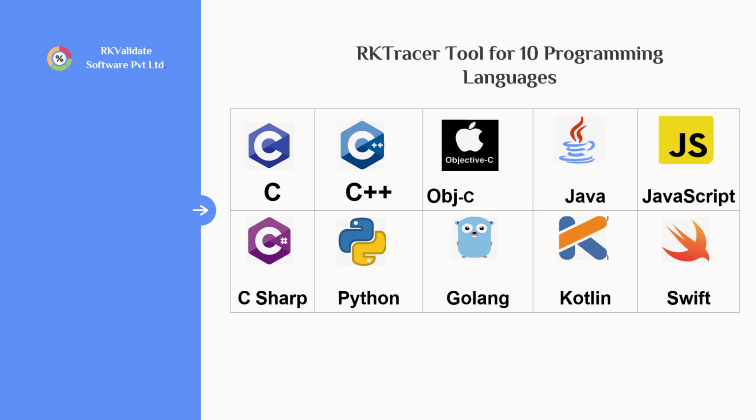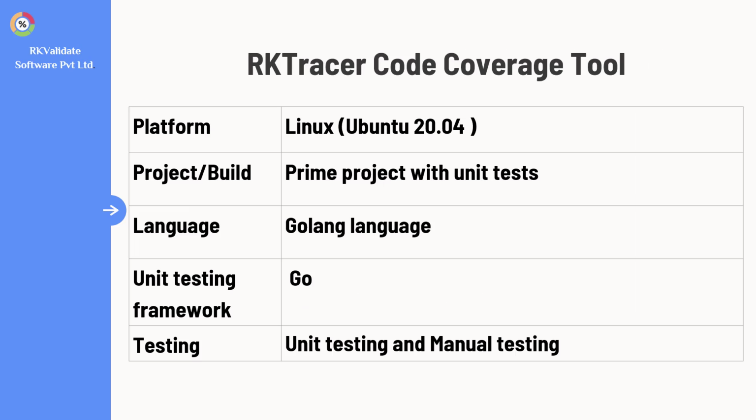Hi guys, ArchiTracer is a code coverage tool for 10 programming languages. It supports all build environments and can generate code coverage when we do unit testing or manual testing of an application, with or without unit test cases. In this video, we are going to learn how to generate code coverage using the ArchiTracer code coverage tool when we